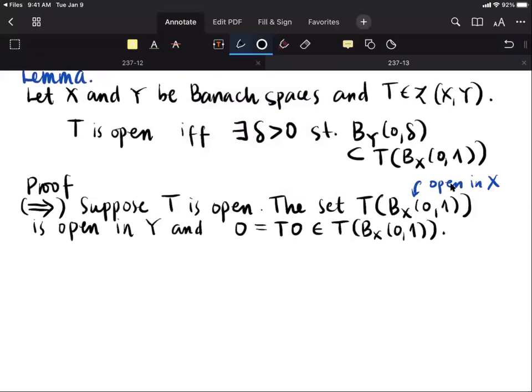So we have an open set containing the origin, the 0 vector in Y, and by the definition of the metric topology,